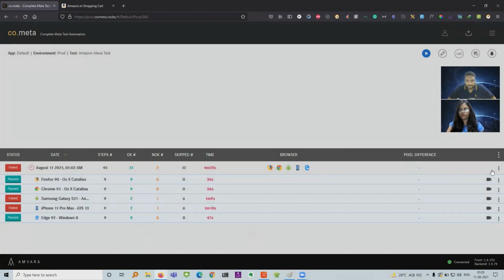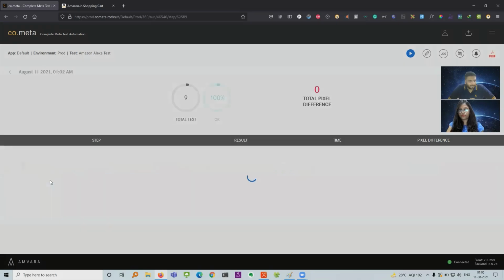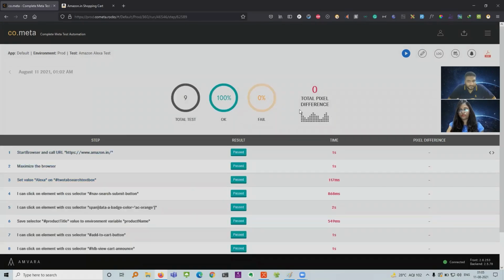But let's see what happened on this Firefox. So I'll click on this Firefox, and if you see, the pixel difference was 0, and you can see step by step what happened and what was the time it was taking on each page or each step, and for loading, and you get all these options.